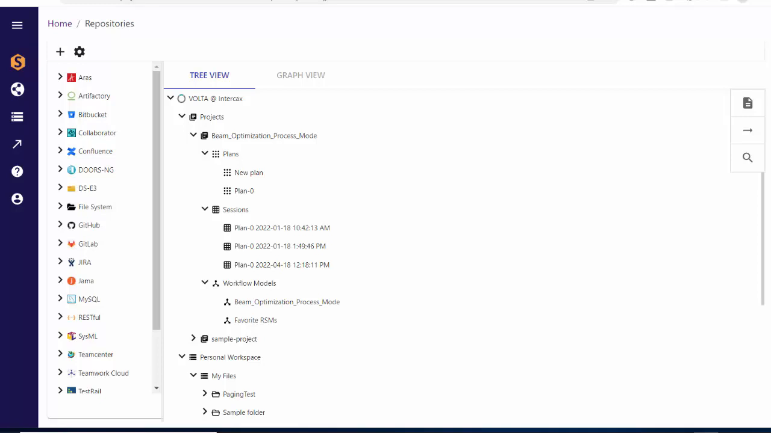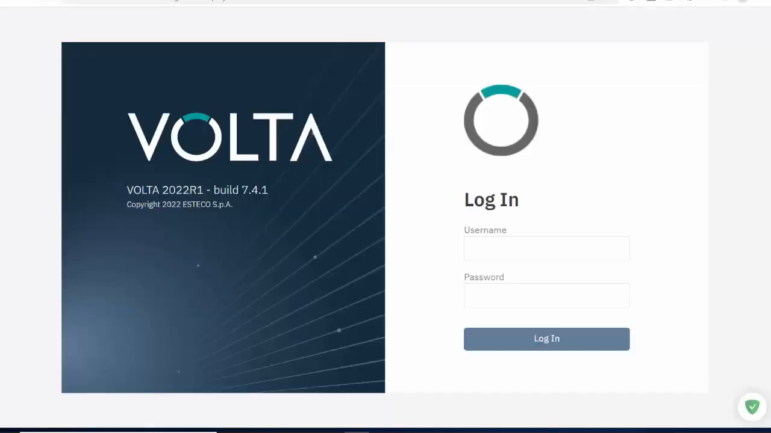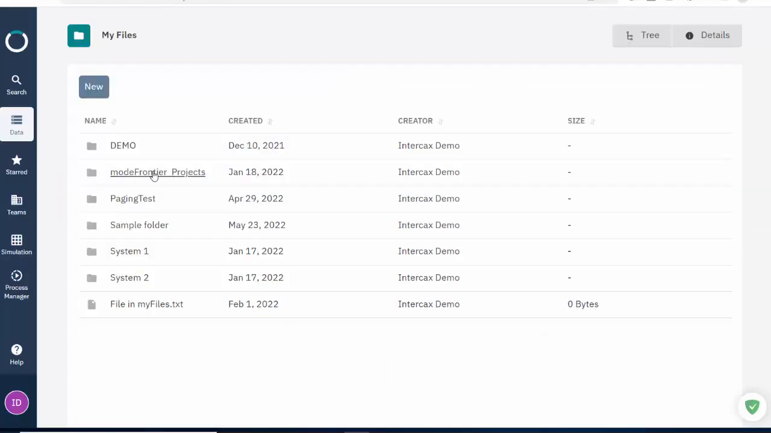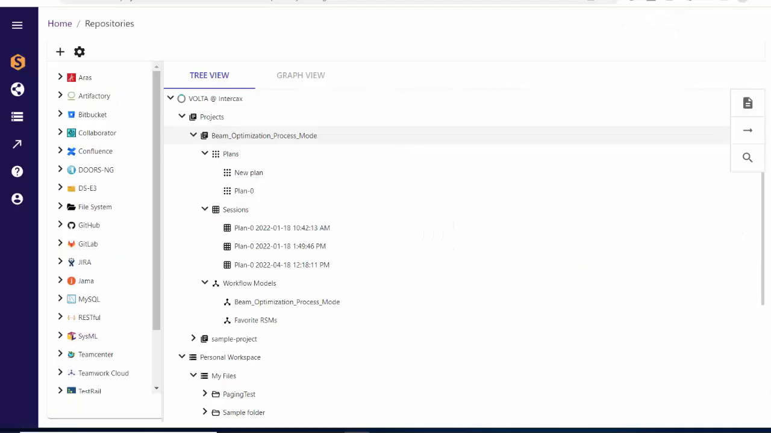We can launch the Volta page in our default browser directly from the Tree View by right-clicking and selecting More Details. We can also learn more about the objects in the Tree View using the icons on the right. If we select a workflow model,